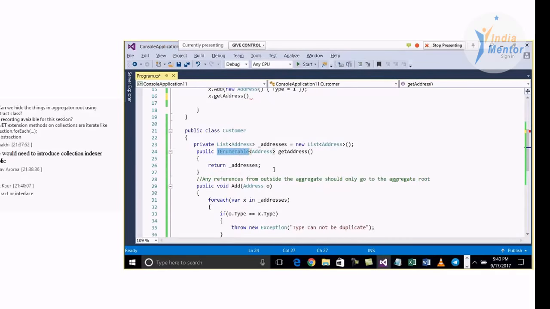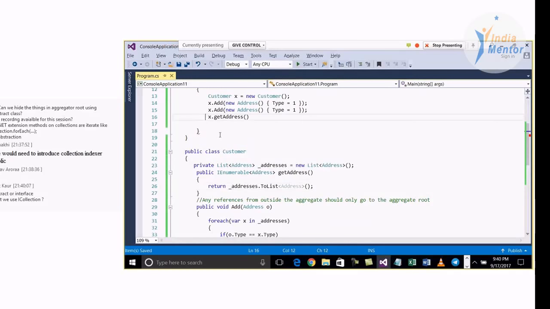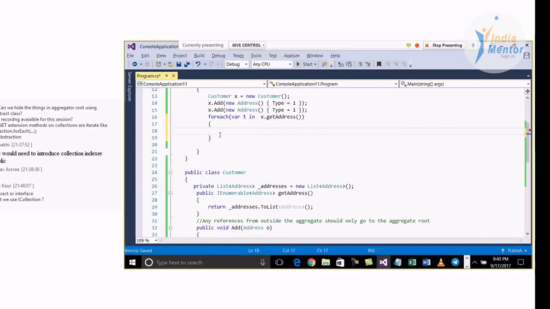I would also suggest, and I will leave it to the class to tell me why I've done this, don't just return addresses, but return a ToList of it. I will not tell you the answer why I've made it ToList. I want you guys to figure it out. So now I can do a for each, for each t in GetAddress, right? And this x dot GetAddress helps me to loop,